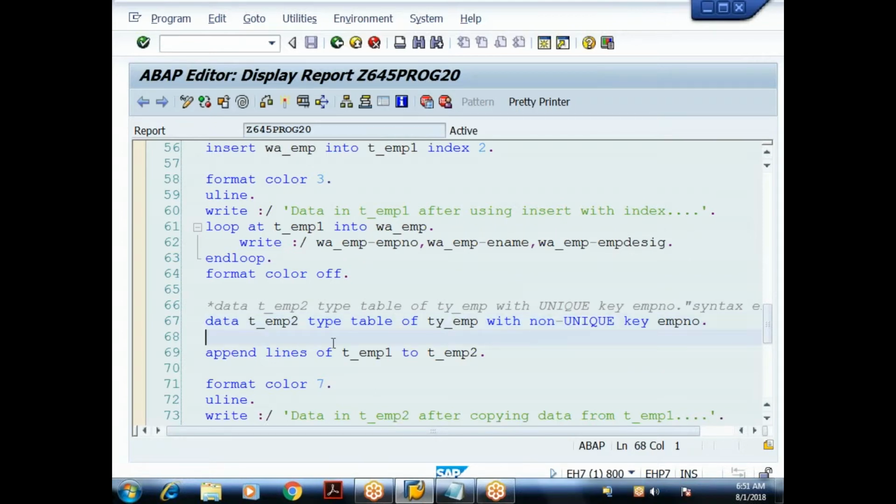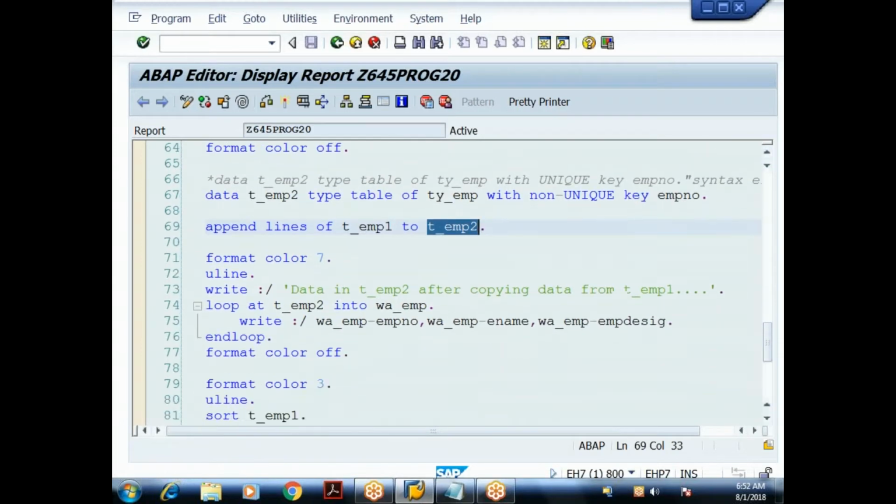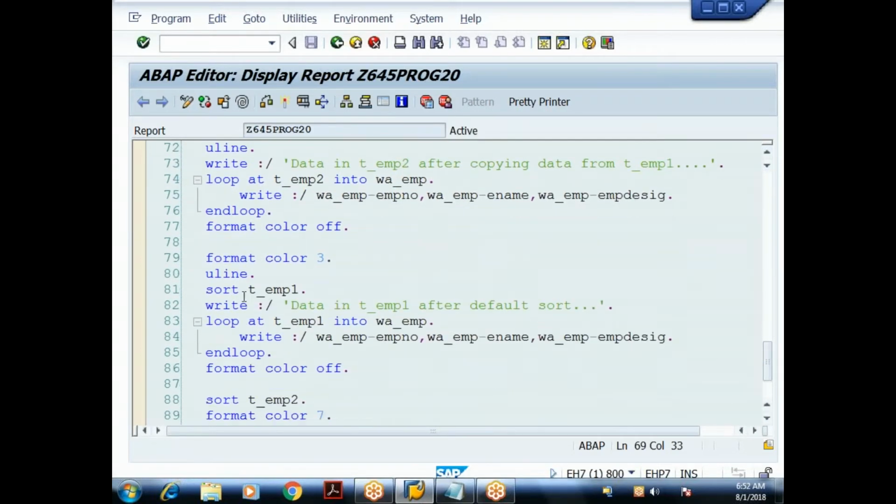Then whatever the data is there in the first internal table, we are copying it to the second internal table. Done. And we display the data from the second internal table. Then on the first internal table we were trying to sort the data by using the sort command. While sorting the first internal table we have not specified any sorting field.